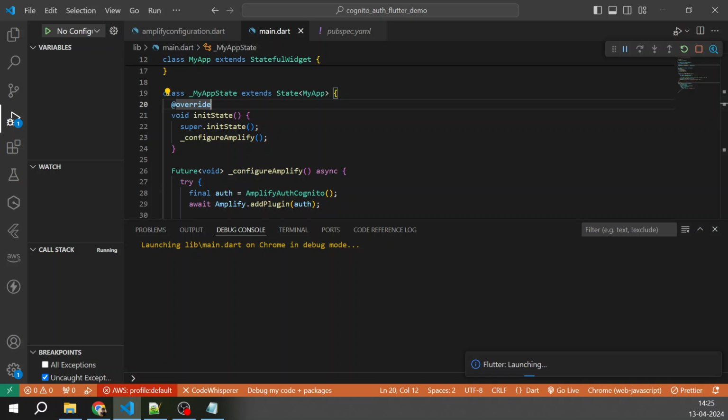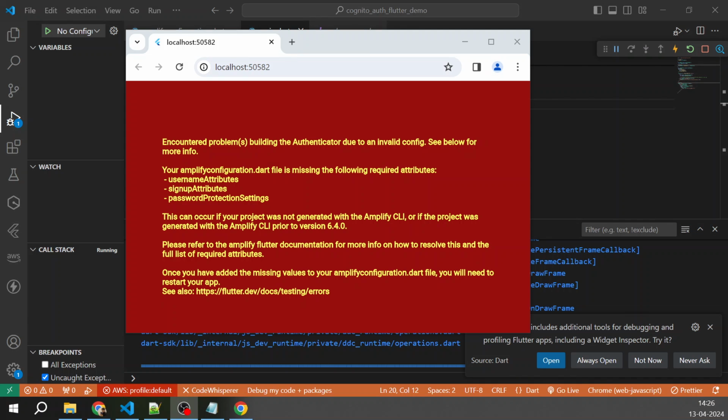I'm pausing my video. So you see the application has been launched, but there are certain errors. It took some time initially, but this has been launched. The Flutter app is running on my localhost, but